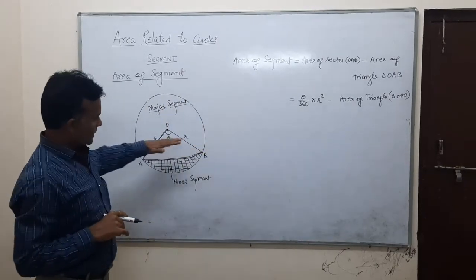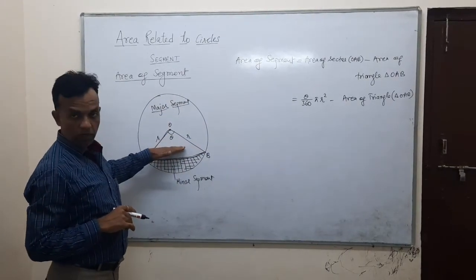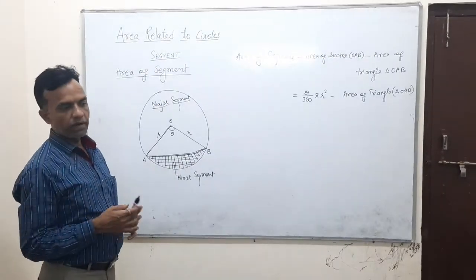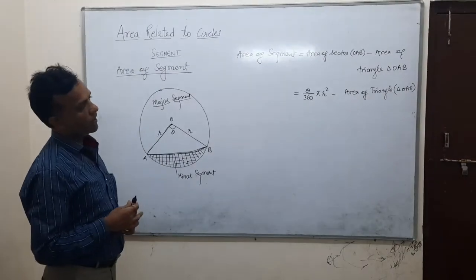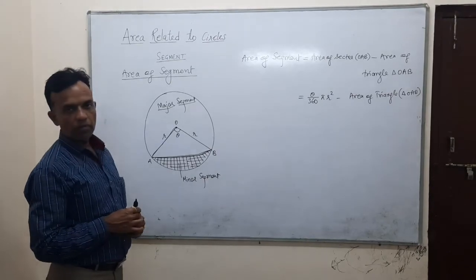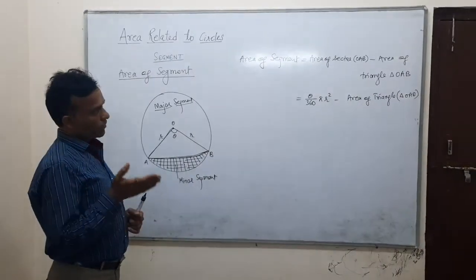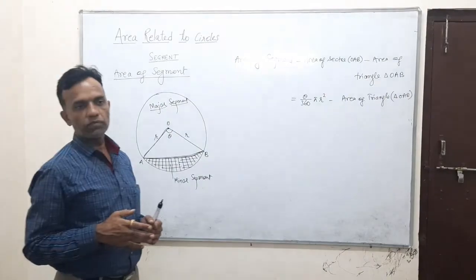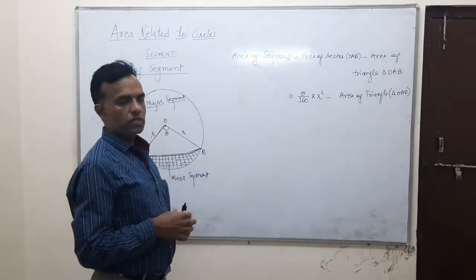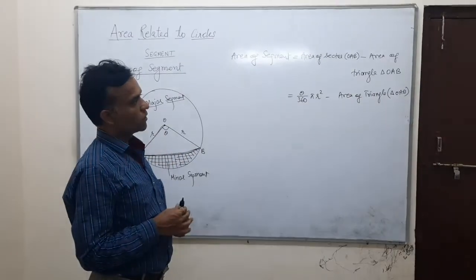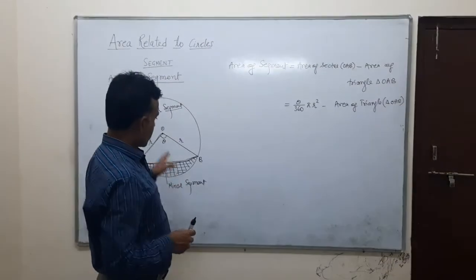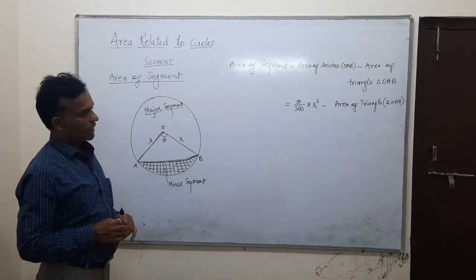Then there are some trigonometrical concepts we can use here. First we discuss the trigonometry chapter, and after that we write the formula directly, showing how to calculate this area directly with the help of trigonometry. That is the other thing. First we start trigonometry, learn the trigonometrical ratios, and then we make the formula directly. So after trigonometry, we conclude this formula with the help of the area of the triangle, calculating directly when the angle is given.